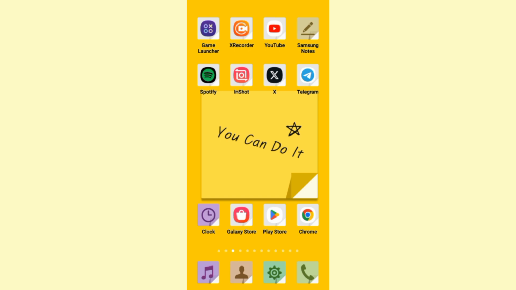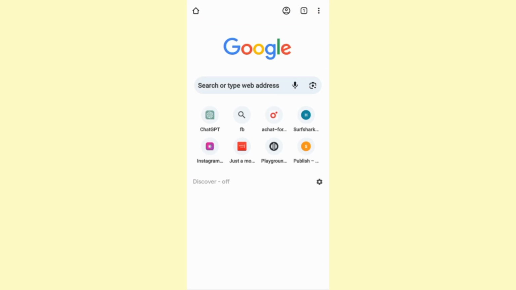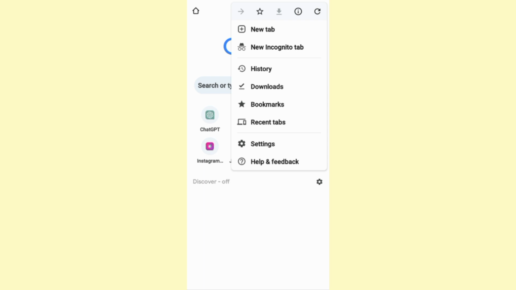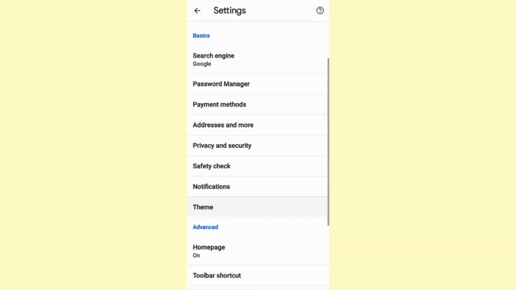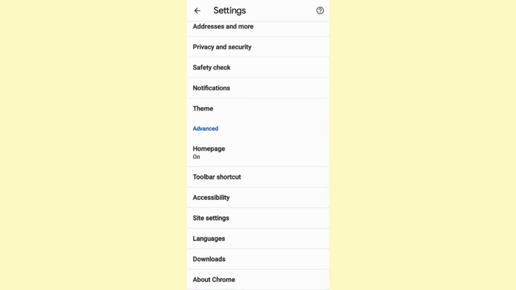So the process is very easy and simple. Just follow these steps. Go ahead and open up your Chrome browser. And once you do that, click on the three dots at the top right corner, and after that click on settings. And once you are on this page right here, scroll down to the advanced section, and from there click